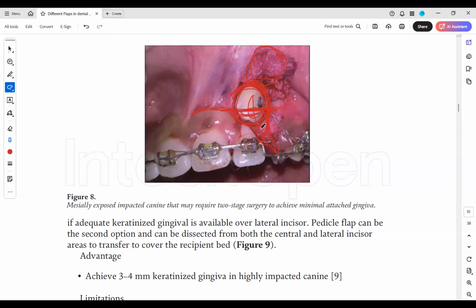Now, because we are getting asked about flap techniques for the third molars, this is the next boundary for your impacted canine questions, where the exam will ask whether you will do the open technique or the closed technique. How will you choose it without reading this, right? So how are you going to answer those unseen questions if you face them in the exam? This is how you will answer them, by complete understanding.